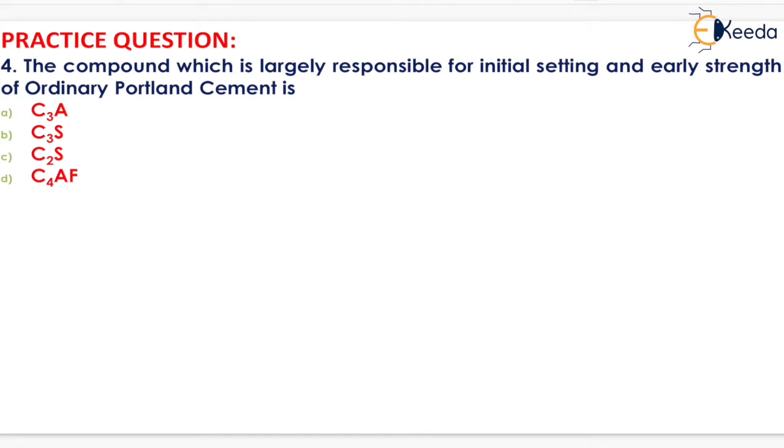Now the question is given as: the compound which is largely responsible for initial setting and early strength of ordinary Portland cement is. Now the options are C3A, C3S, C2S, and C4AF. Now we know that C3A is responsible for immediate stiffening,